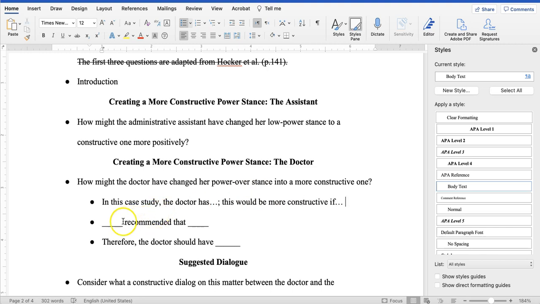And then here, the recommendation, and the application from taking that recommendation, saying, okay, well, in this case study, do this. Now, in this case, how might. So we want to align that language. Therefore, if the doctor